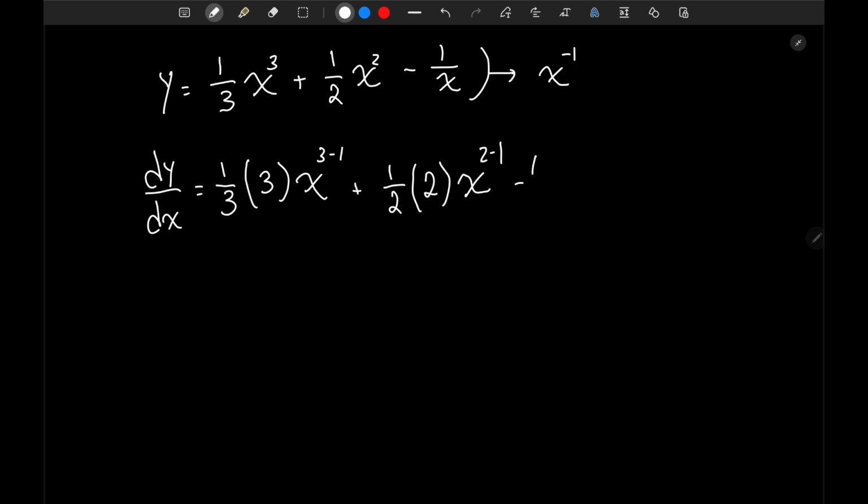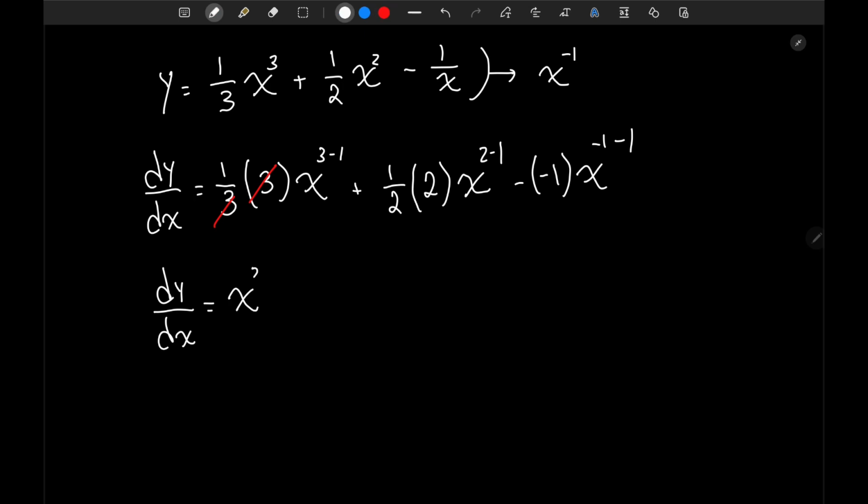If we take the derivative of that, we multiply by the exponent minus 1, and then we minus 1 from the exponent. Then rewriting this out and simplifying, dy over dx is equal to, these 3's cancel out,